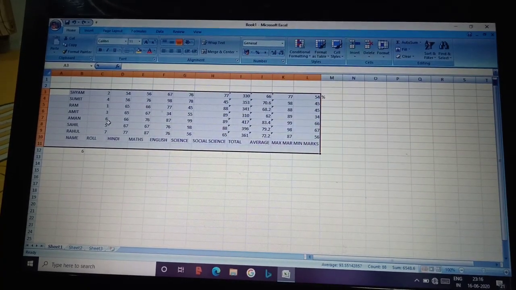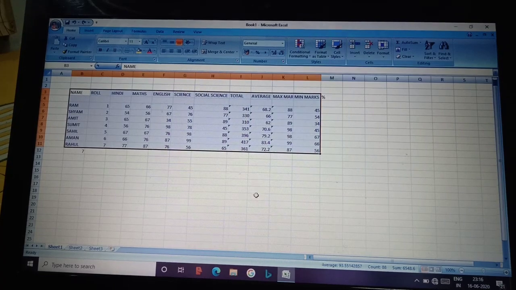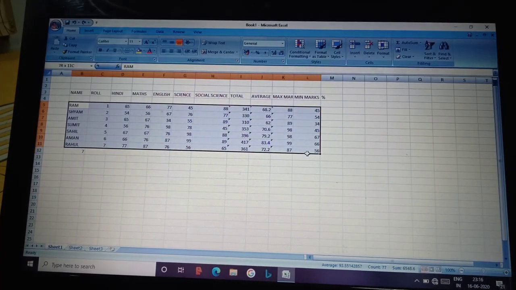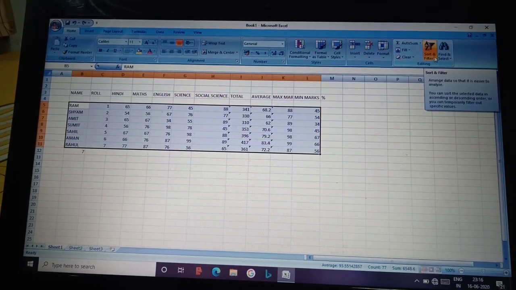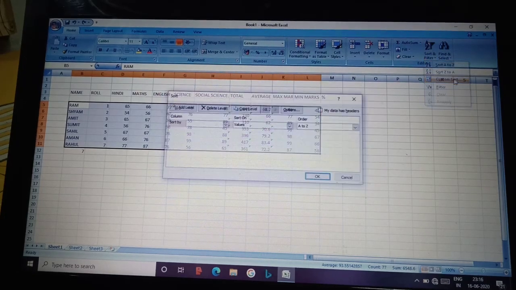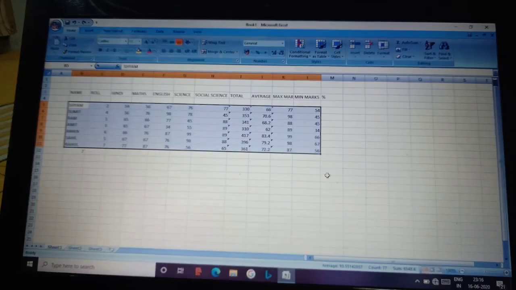Because we have selected the heading also, that's why the heading is reversed. So I am doing it without the heading. Sort and filter, custom sort, we will select Hindi, D, values, small to largest.